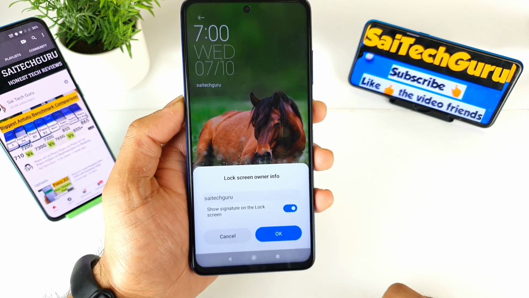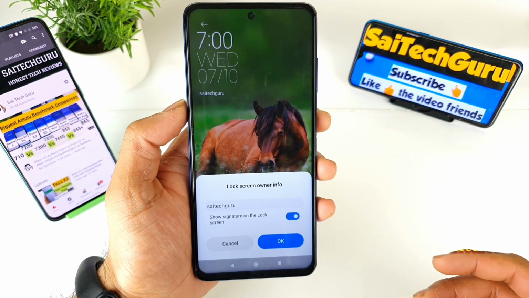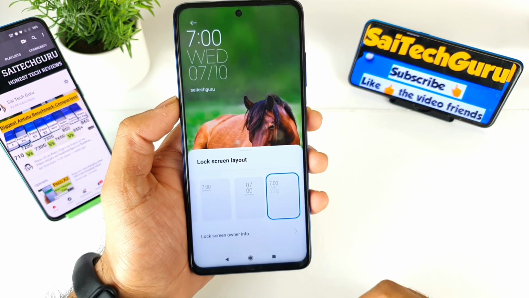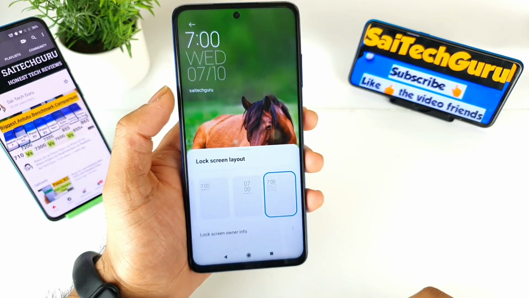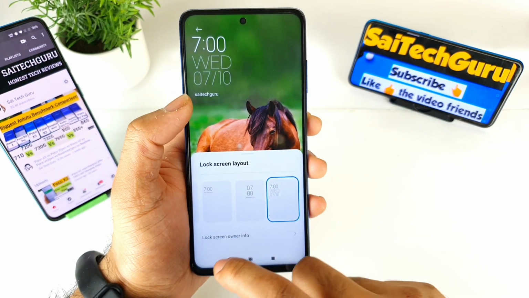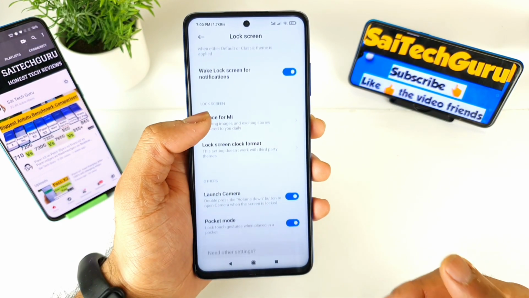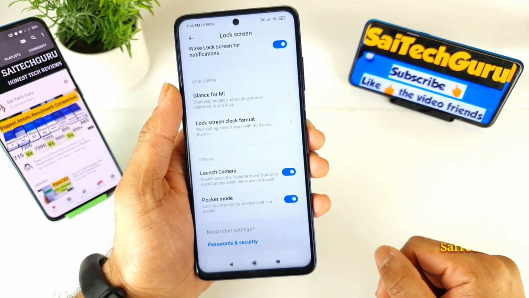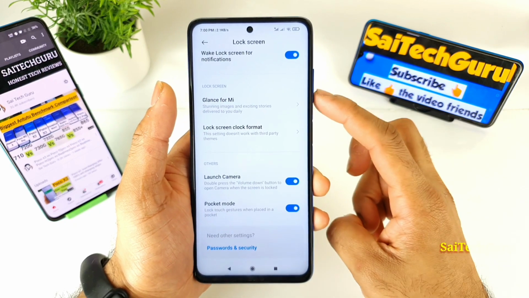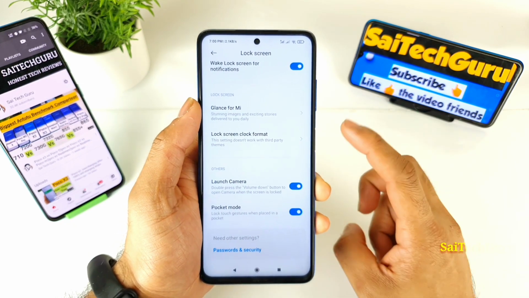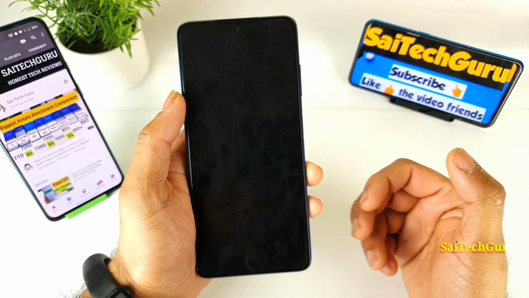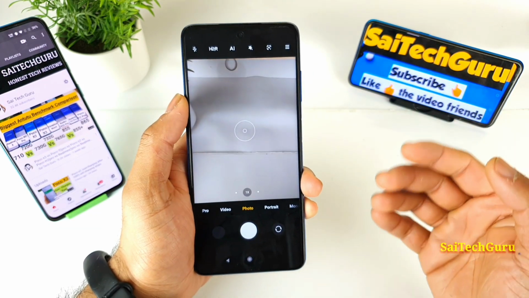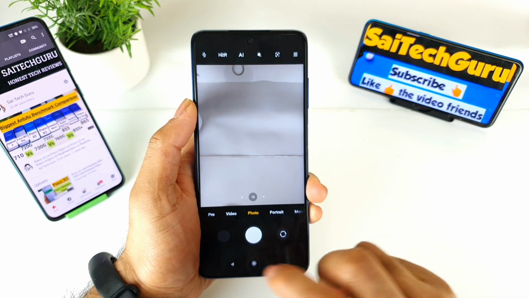Usually some people try to add another phone number or something in case the phone gets lost. This is how you can keep the name as well, as you can see here. So it looks pretty good in terms of customizing the lock screen. Next is launching the camera. When the phone is locked, you can double press the power button, down button, and then the camera application will directly open. As you can see, friends, it took some time, but still it does its job.